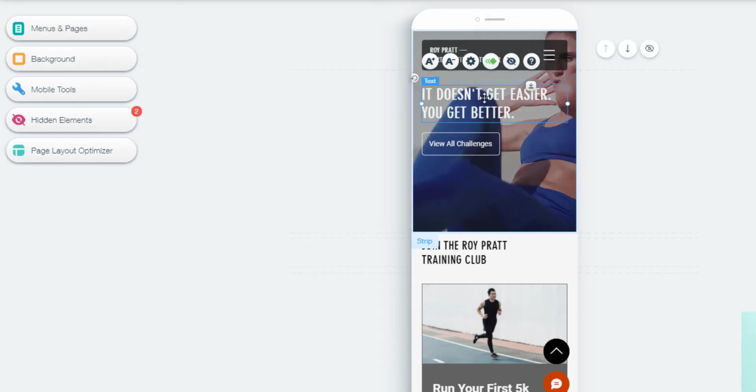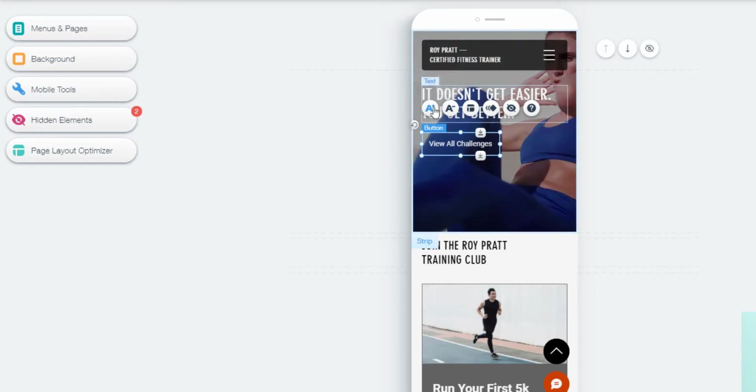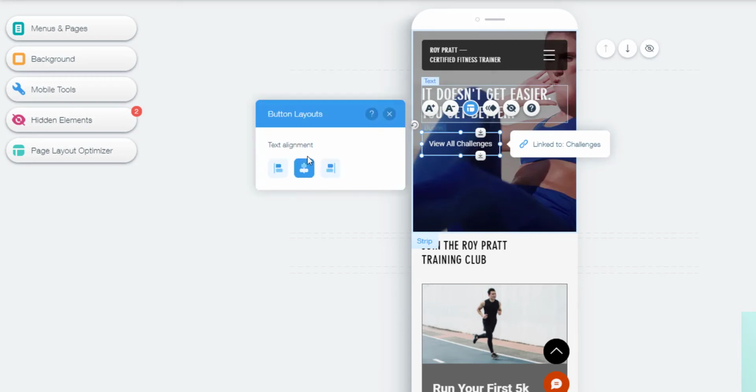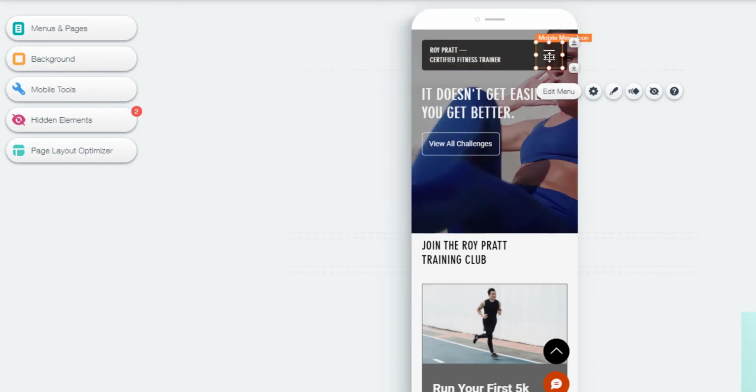And if you want to hide your font or hide any element in your mobile version, you can definitely do that from this hide element option, and this is for help. The same options you will get in each element. This is the layout option which we have got under settings for the font, and this is the menu section.